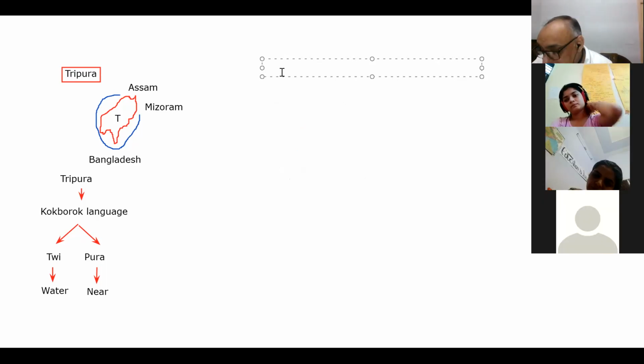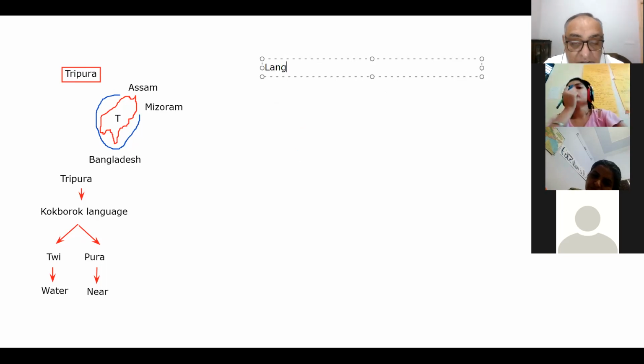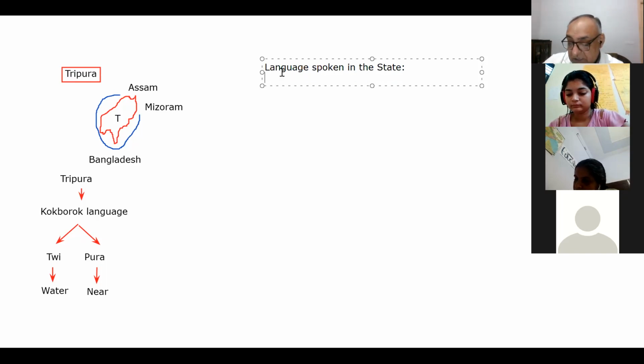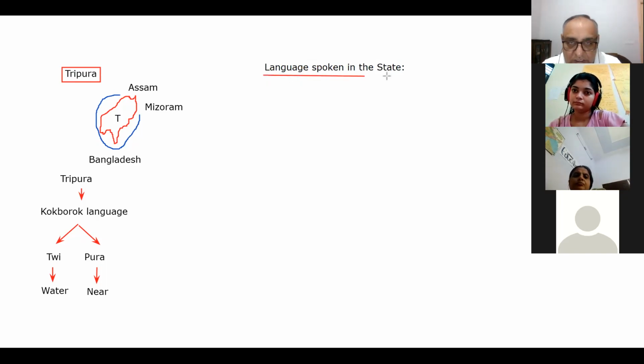So the next is the languages spoken in the state. As far as the languages spoken in the state are concerned, here I would tell you that the major languages which are spoken in the state are,